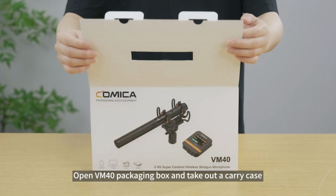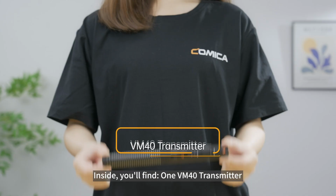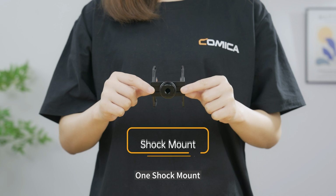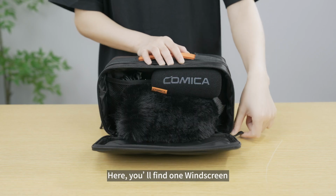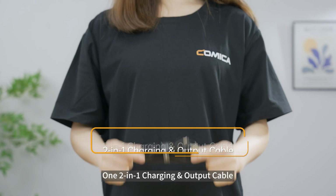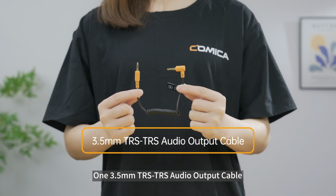Open the VM40 packaging box and take out a carry case. Inside, you'll find one VM40 transmitter, one VM40 receiver, one shoe mount, one stand adapter. Here, you'll find one windscreen, one wind muff, one 2-in-1 charging and output cable, one 3.5mm TRS audio output cable,